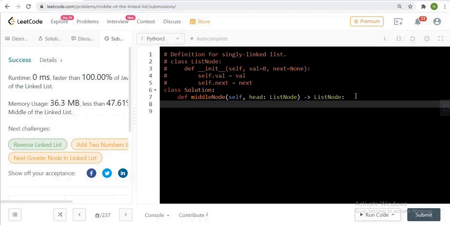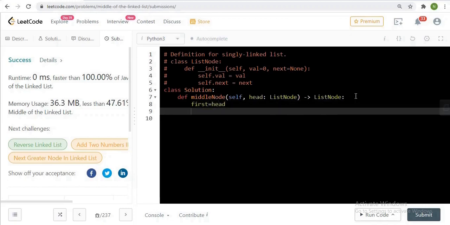We write first.next is not equal to null because otherwise the linked list may contain only one element, and in that case we can't find the middle element. So let's do it in Python. First is equal to head and second is equal to head.